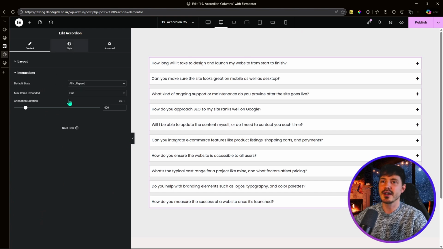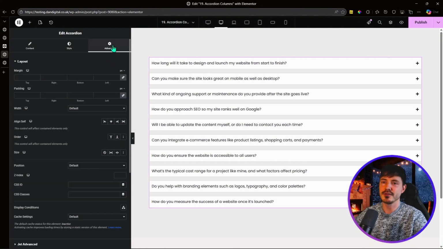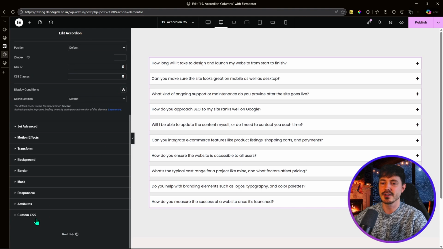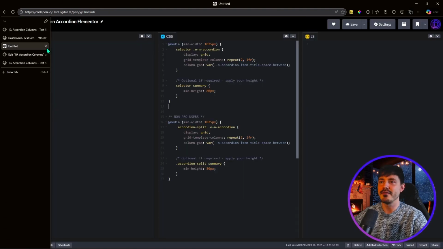Within style, I've just set up a gap, a space between items of 1 rem, and then I've just set some custom colors as well. But now to get to the good stuff, to get this working as a multiple column layout, for pro users, you'll just have to go into advanced, click on custom CSS, and I'll provide this code in the video description,